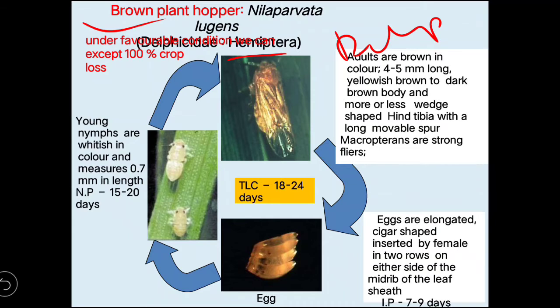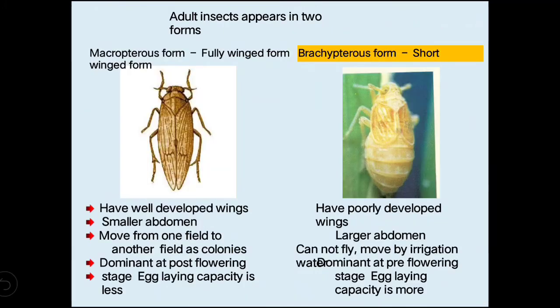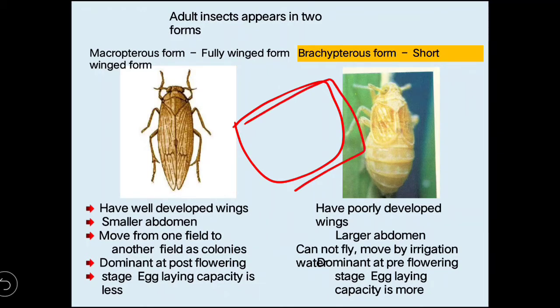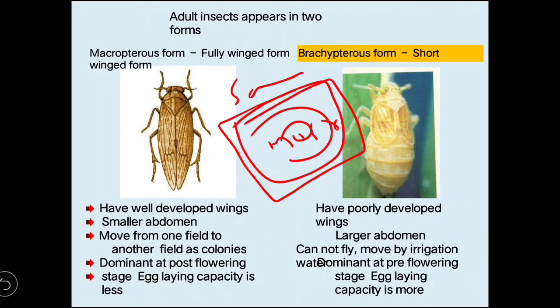And in the rice field, for example, suppose this is a rice field area. It is not necessary that the complete land will have the same climate, right? I am talking about the microclimate, a very small area wherever they are staying, that area should be suitable for them. So suppose this area is suitable for them, then another area is suitable for them, so they will cause damage like this only.